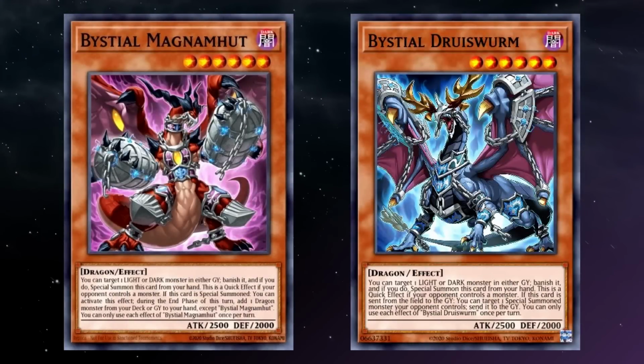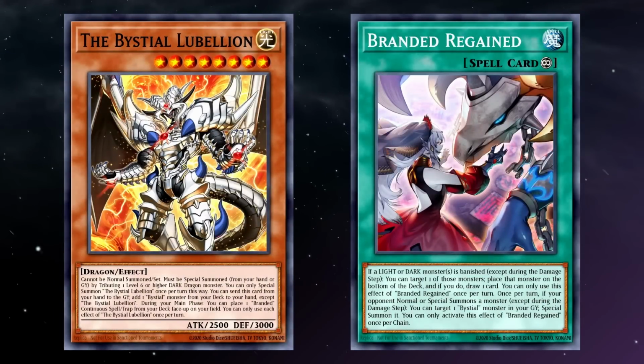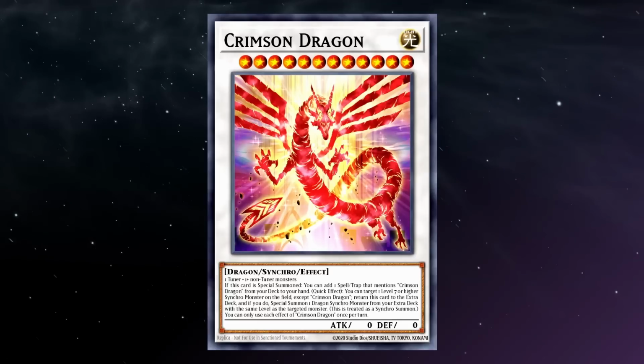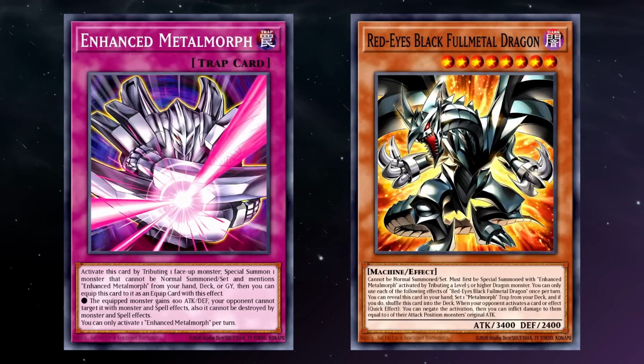Magnemute can even search you the rest of your dragons, and if you get Bestial Lubellion into rotation, that's Branded Regained Access, which is huge and can combine with our level 4 tuners to make Crimson Dragon for some wacky synchro shenanigans. The new enhanced Metal Morph cards are going to be a great boon to the theme, and Dragon decks as a whole. Use enhanced Metal Morph to summon out Red-Eyes Black Full Metal Dragon, and now you